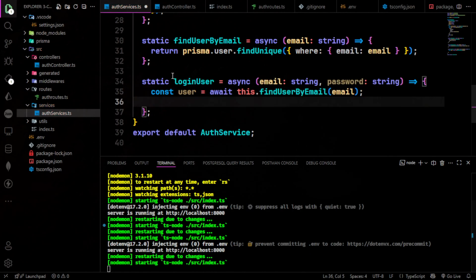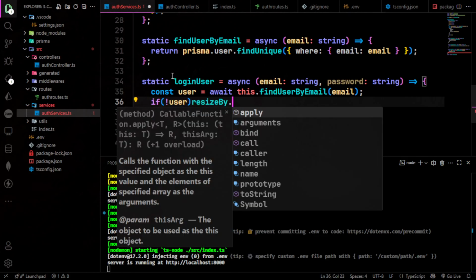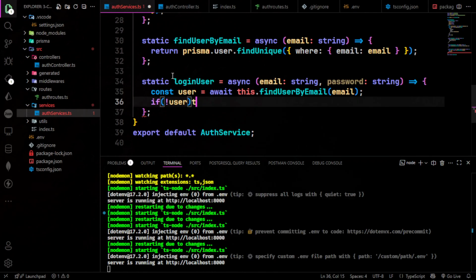First we have to check whether the user exists or not in the database. If the user does not exist in the database, we have to give an error like user not found. So if not user, then we have to throw